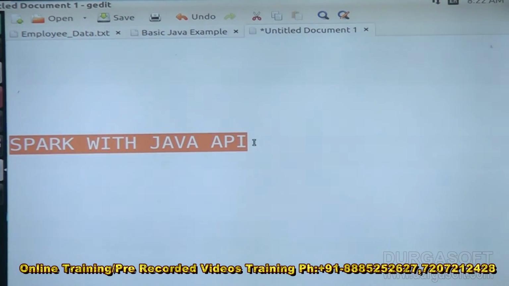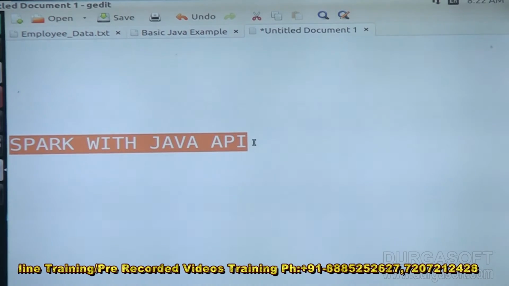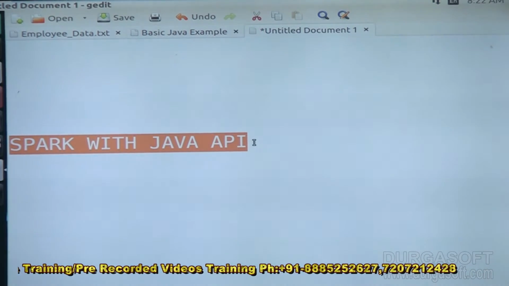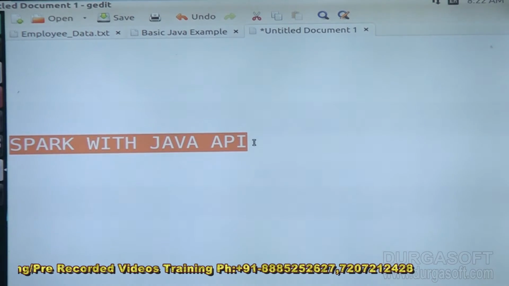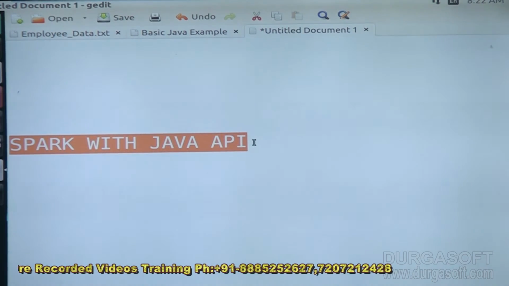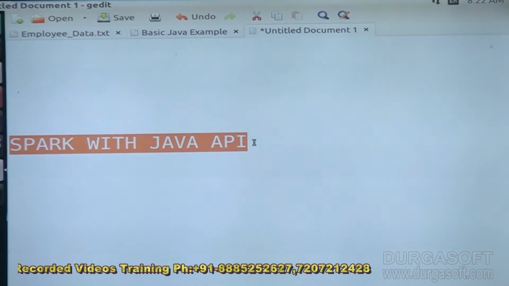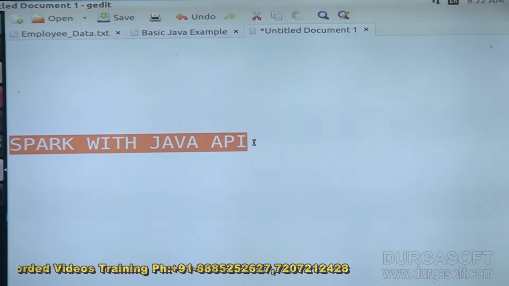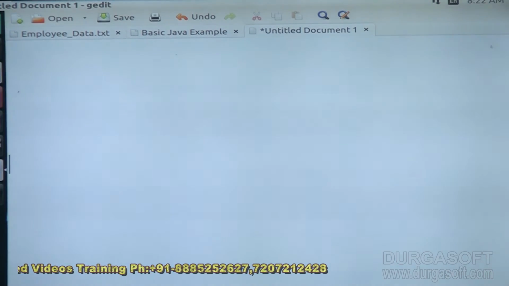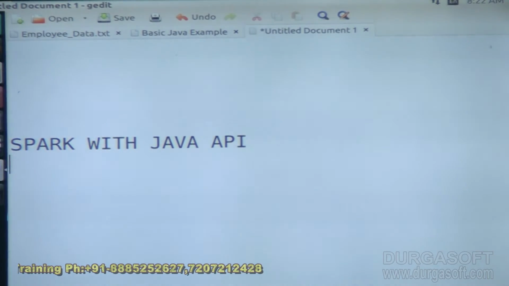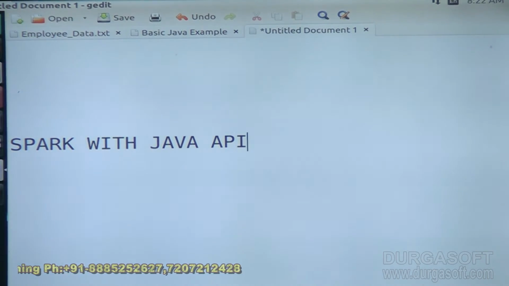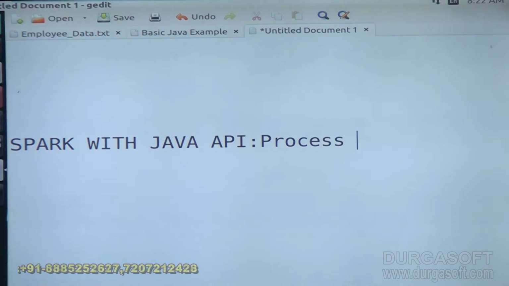Hi guys, let us start the discussion about Spark and its components, how we can get connected with the Spark engine to process a huge amount of data, especially what we call big data. Here I have taken the storage as HDFS. For Spark, I have taken the Spark with Java API to process my big data,